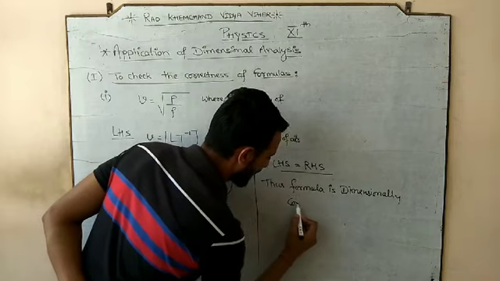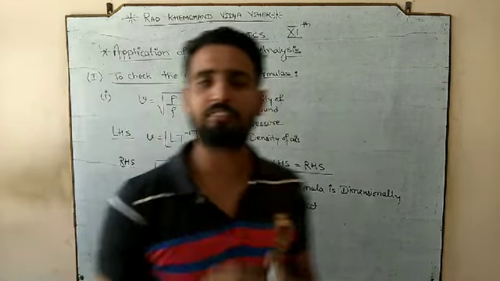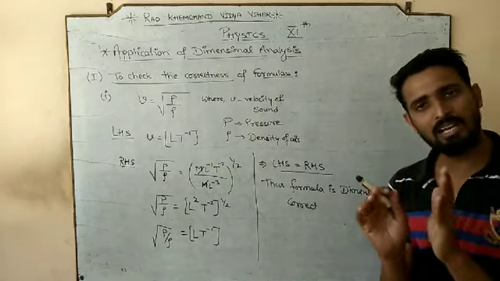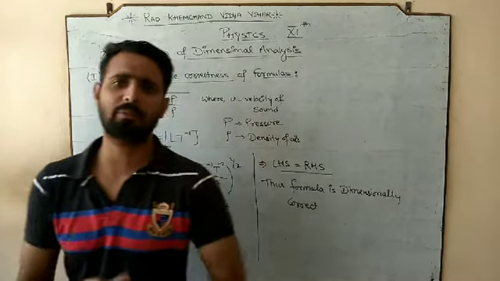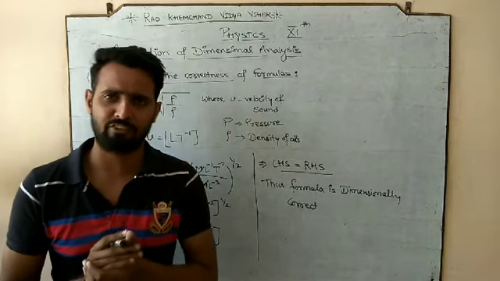Dimensionally correct. You can't write that the formula is correct. There is a difference in the statement when you say the formula is correct and when you say the formula is dimensionally correct. Formula is correct means the formula can be applicable anywhere else. आप उस formula को कहीं पर भी लगा सकते हैं. Practically, in any mathematical expression you can use that formula.